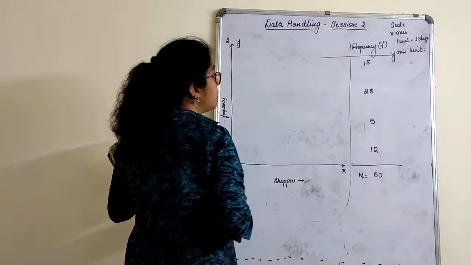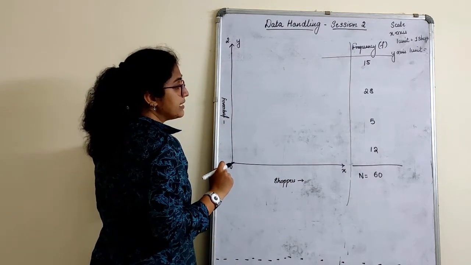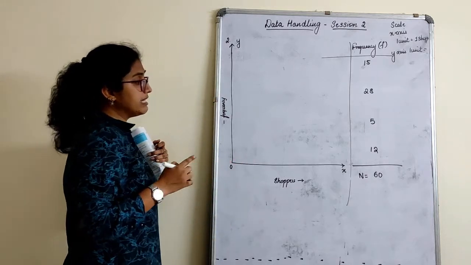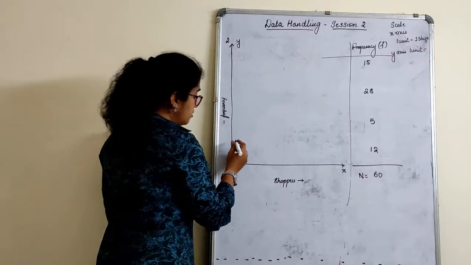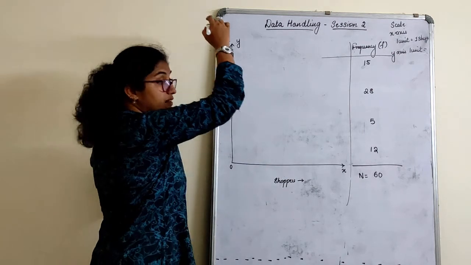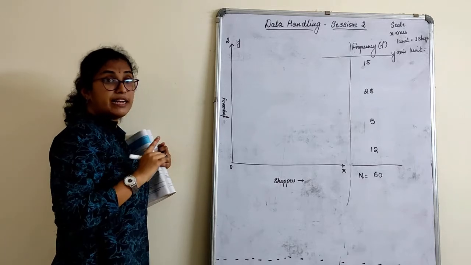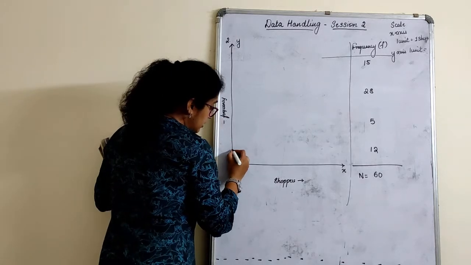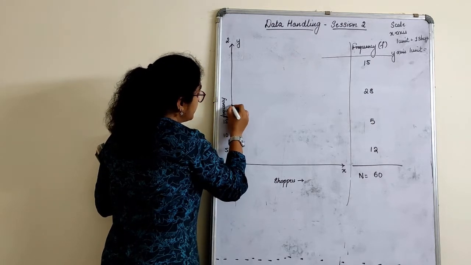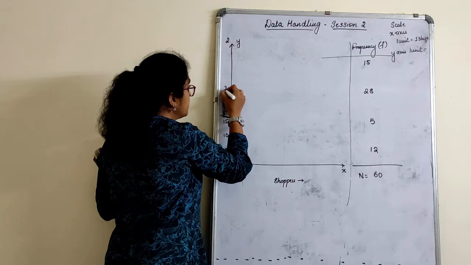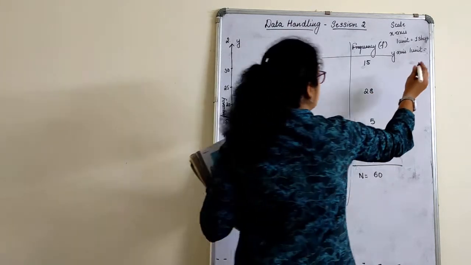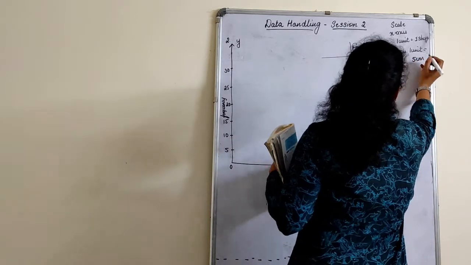I have scores in the form of 5, 12, 15, 28. So I think better I will mark this as 2, 4, 6, 8 if I take. That will be quite lengthy. So, or else you can mark, we have 12, right? So, let's go with 2, 4, 6, 8 if you go, children. Till 28 it will be very difficult. Such a long thing you have to do. 0, 5, 10, 15, 20, 25, 30. So, 1 unit is equal to 5 centimeter.